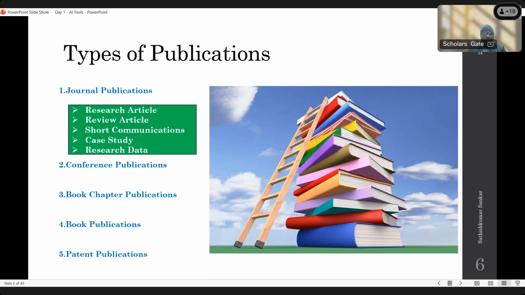So before writing your review article, you can write a tentative abstract and tentative title. For the journal where you want to submit, you can directly send a mail to the editor in chief. This is my name, your basic details, and this is my interested area. This topic I want to write the review article on. This is my tentative abstract. I am interested in writing a review article in this particular area. Can I submit to your journal?